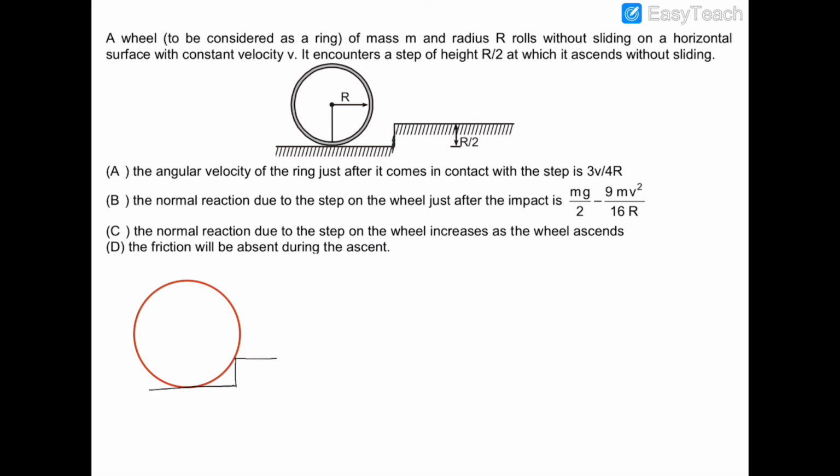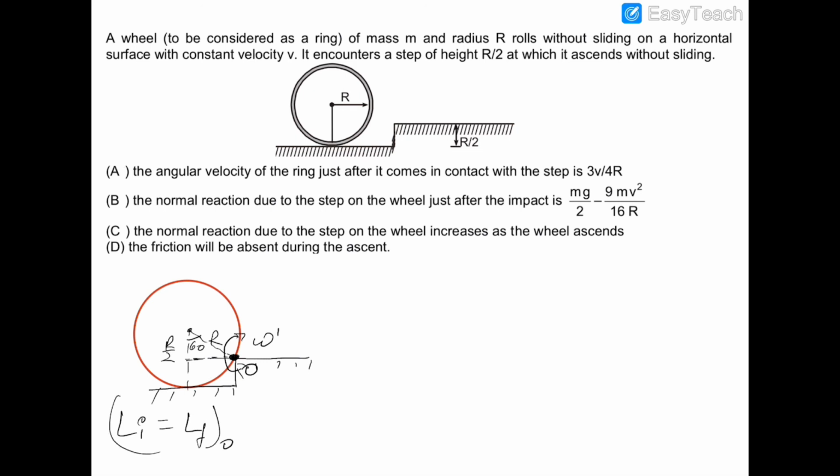So this would be the diagram, and you can see that if this is the center, then if we join this, then this is r by 2 and this is r. Okay, so this angle is 60 degree. Now we can easily say that the angular velocity when the ring is ascending over the step would be about this point, and let's suppose that is omega dash. So if we conserve the angular momentum about this point O, let's suppose,